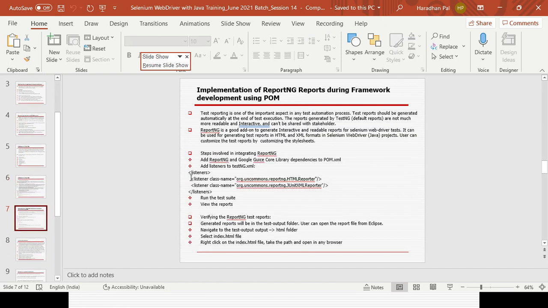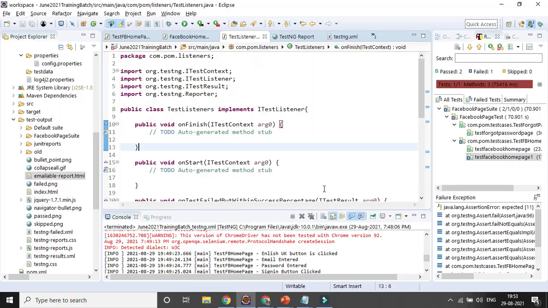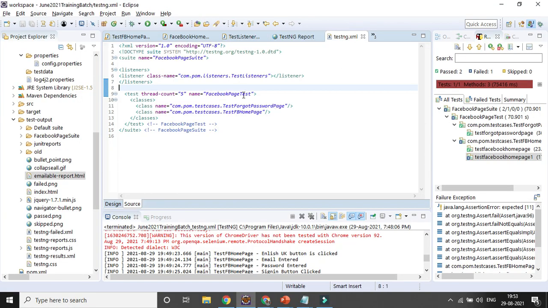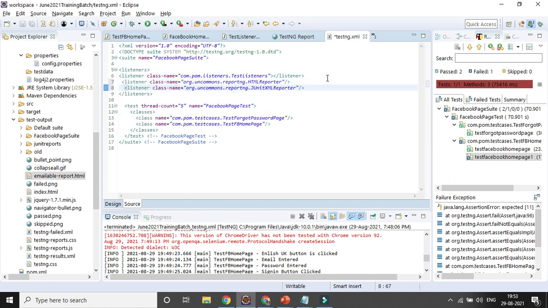Let's try to add these two. I already had the listeners tag, so I will first be adding these two parts in my testng.xml file under the listeners tag. So that is my first part.